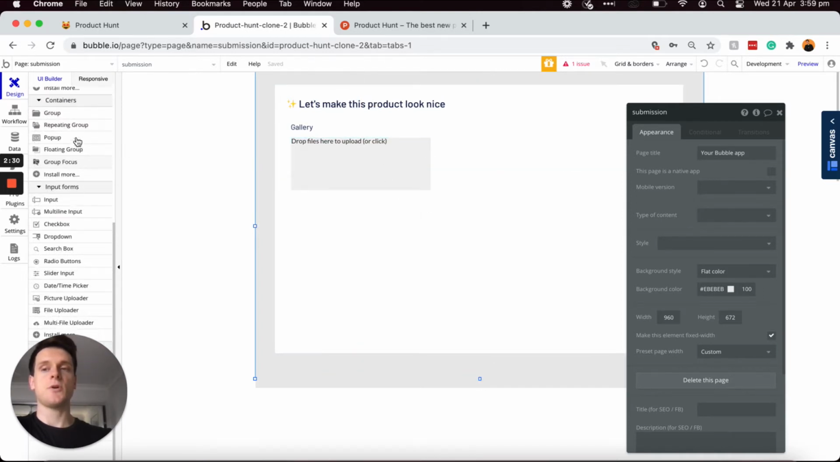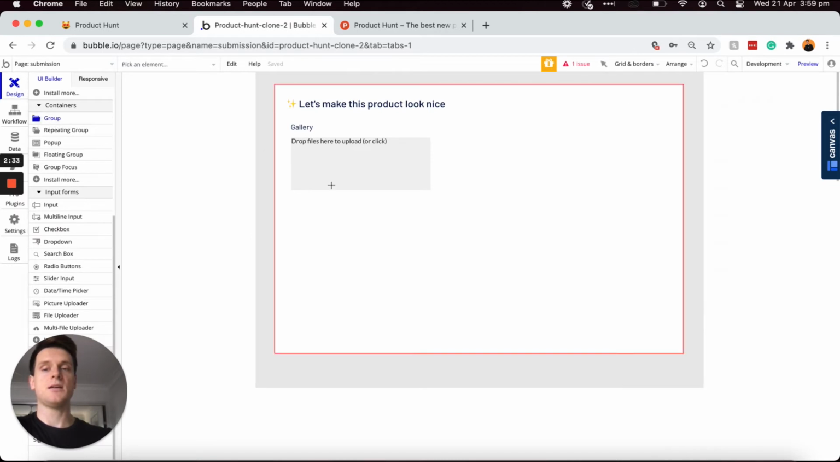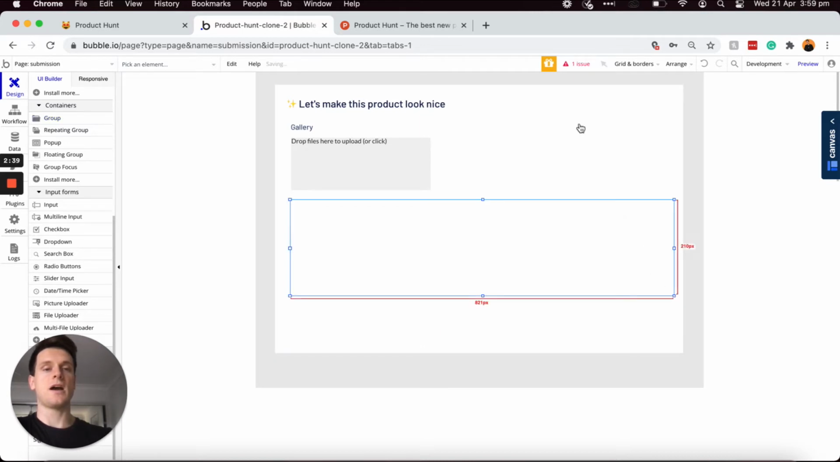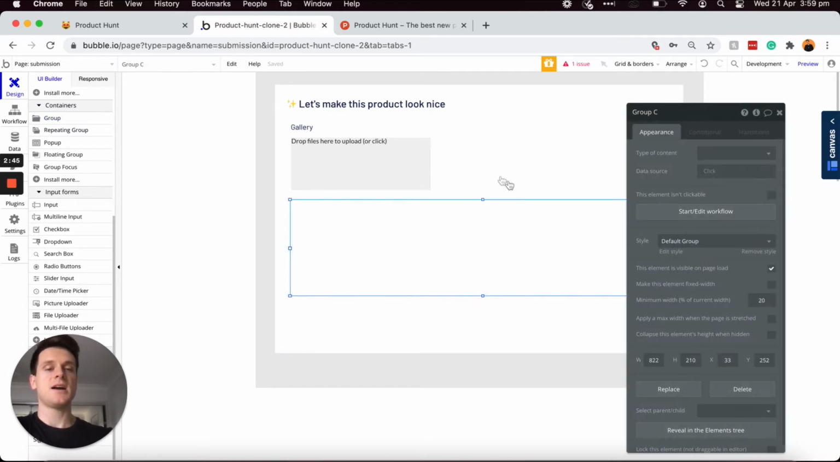So I will scroll on up to our group here. I will add in another group. I'll stretch this out to be pretty much the full width of our initial group here. Now to help us determine where this group lies on our actual main group itself, I'm going to update the style of this group to be called group border. I will then edit the style